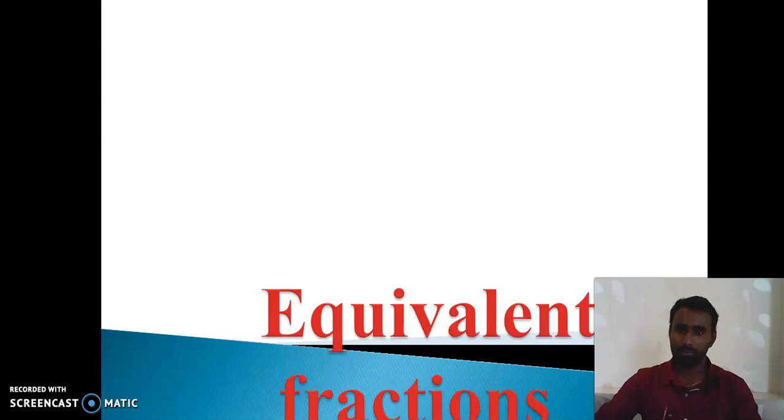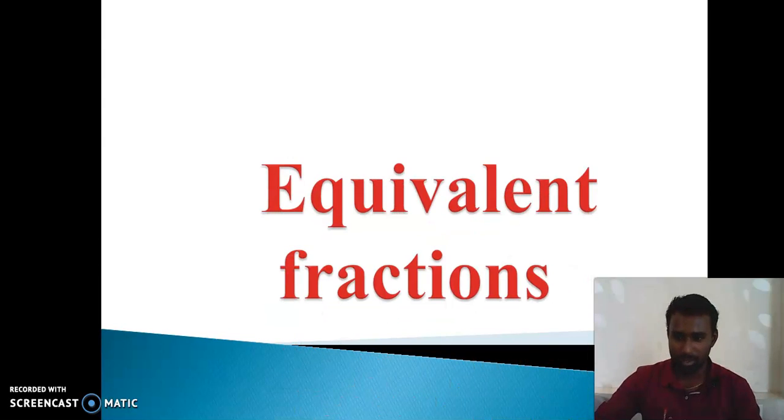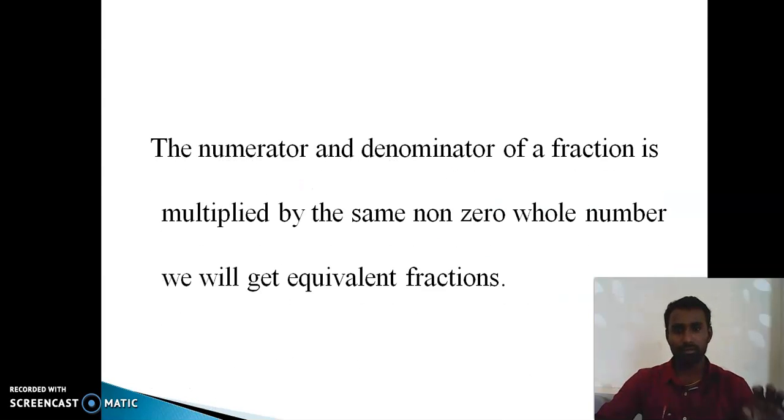Okay, the next concept is equivalent fractions, which is very important. Sir, before you said there were only 3 fraction types, sir. Now equivalent fractions will also come, sir. That means we can add, sir. Yes, we can add. So one more fraction type is also present: equivalent fraction. If you go to a higher class, you will also study like fractions and unlike fractions. Anyway, you have to know equivalent fractions.